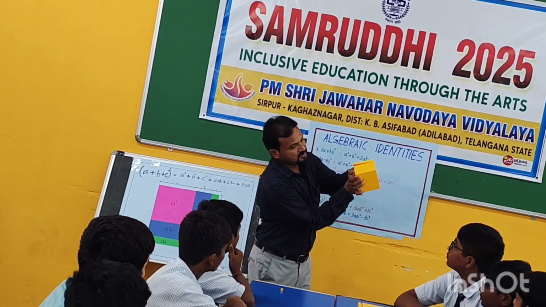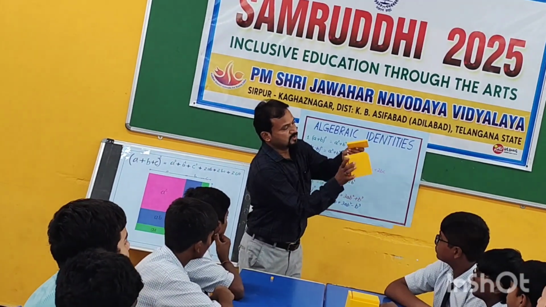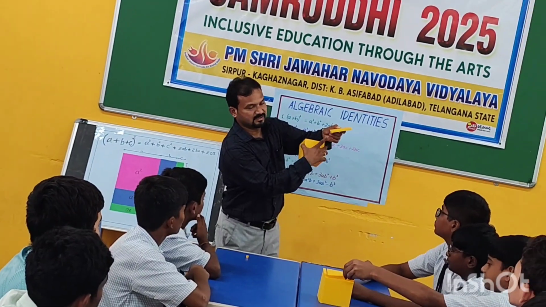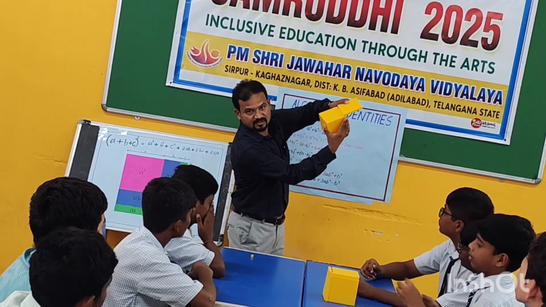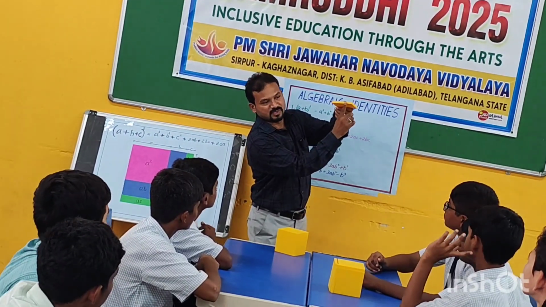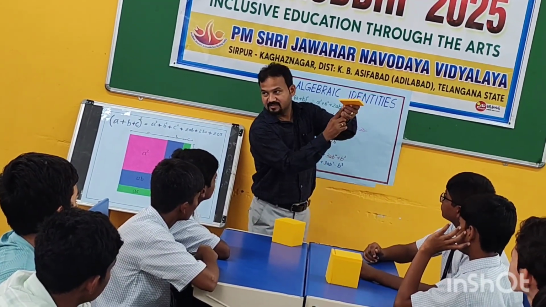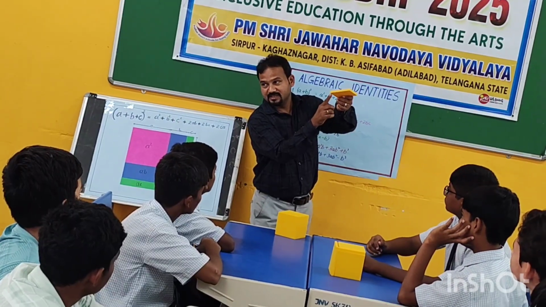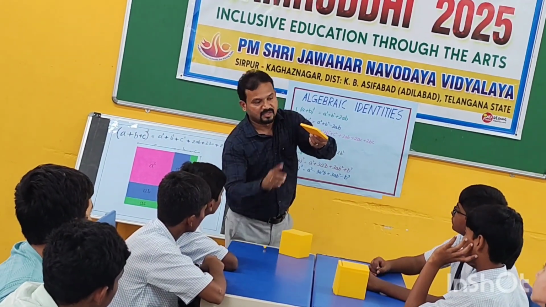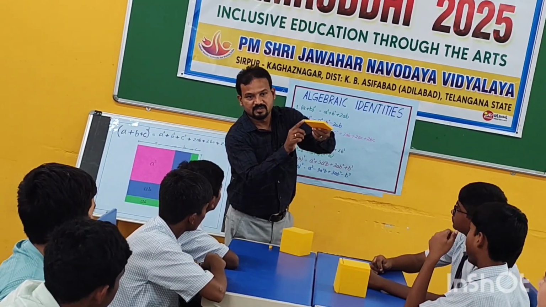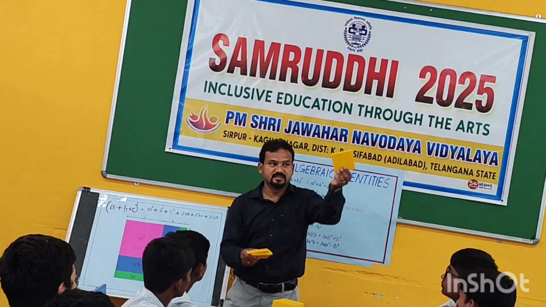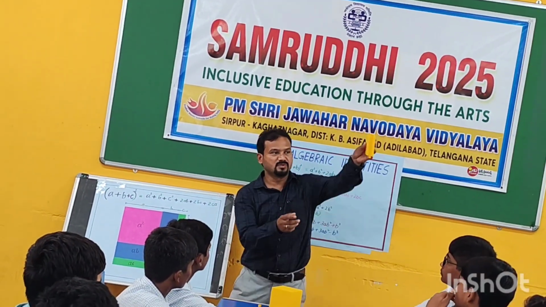This is A. You can check yours. So its length is A. What about its breadth? Breadth is also A. What about its height? Its length is how much? Breadth is what? So what is its volume? A into A into B, A square B. So like that we are taking 3. This is A square B, A square B, A square B, becomes what?